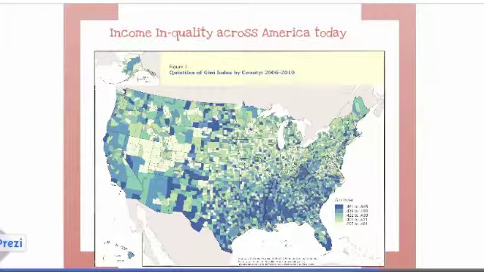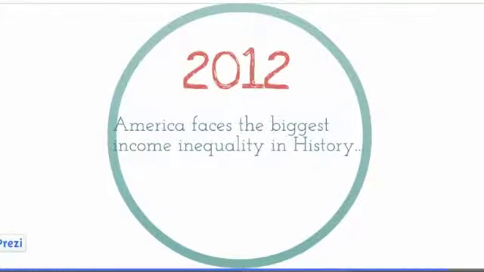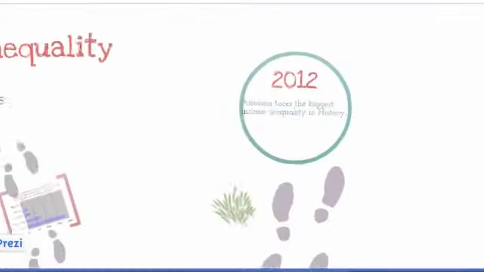This map shows inequality of each county across America from 2006 to 2010. On average, the metropolitan counties hold the largest inequality. Currently, America is facing the largest income inequality gap in the nation's history. The earning advantages of acquiring a bachelor's or graduate degree have risen in the past 3 decades as well, while earnings of those with only a high school degree or less have remained stagnant.